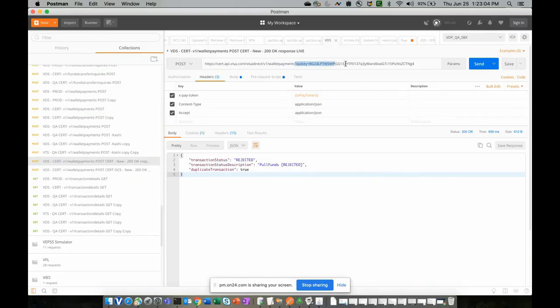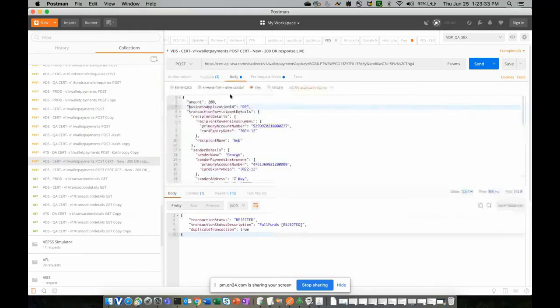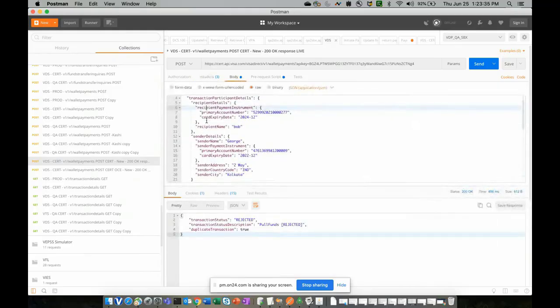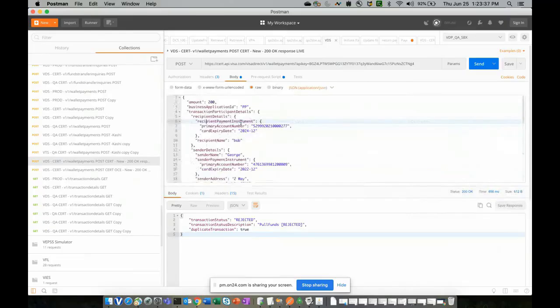And like Abhishek mentioned, you can see that I have mentioned the API key here. This value is the one which you basically get from the credentials tab I just showed you a minute back. Okay, so now let's go to the headers. In headers, we have the XPay token. Right now I've just given this value, so it means it will be computed. Content type is application/JSON, accept is application/JSON. Now the body type has the payload. We have a JSON payload here.